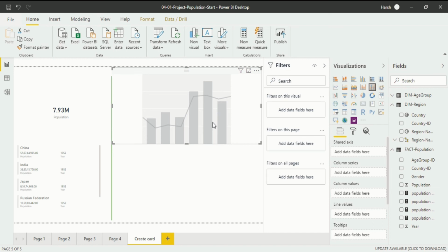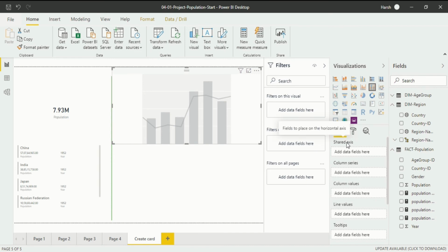Now you will see the visualization is on, but we have to give life to the visualization. That means we have to give life to the line and clustered column chart by giving data to it. So first of all, we have to fill all this data: shared axis, column series, column values, line values, tooltips. That means in this visual we are seeing two visuals, a clustered column chart as well as a line chart. So in that case I will use a feature. I will take the population parameter and compare it with the females living throughout that comparison.